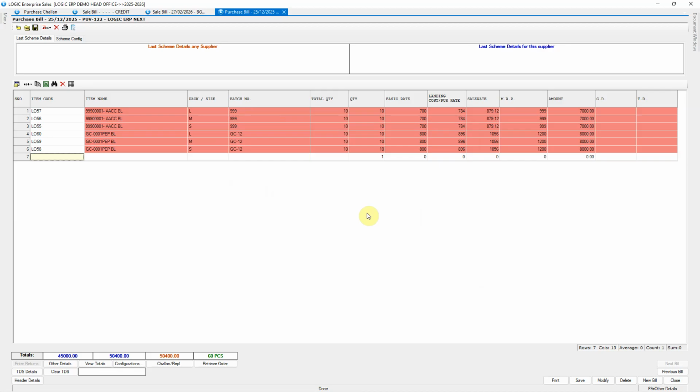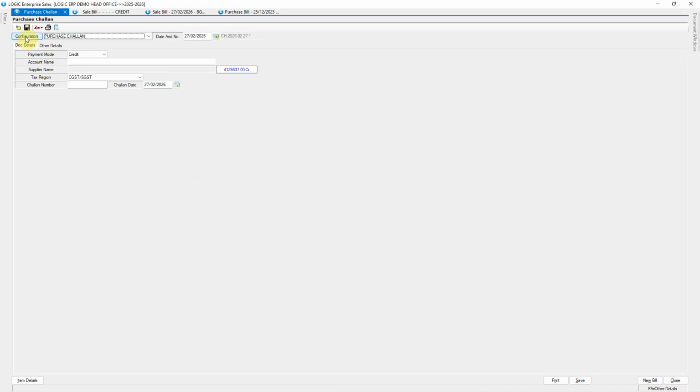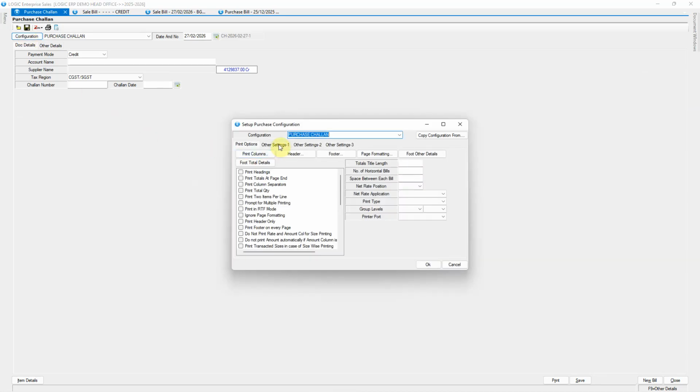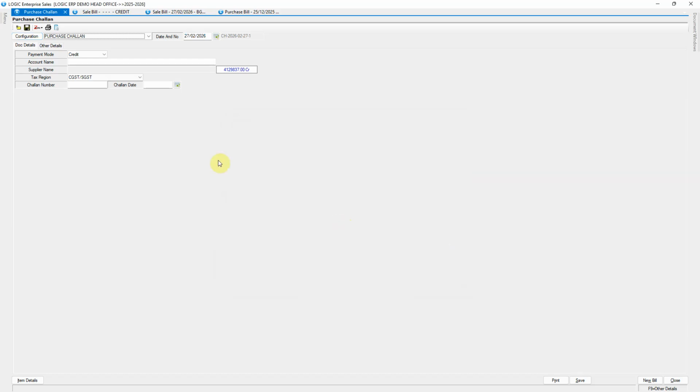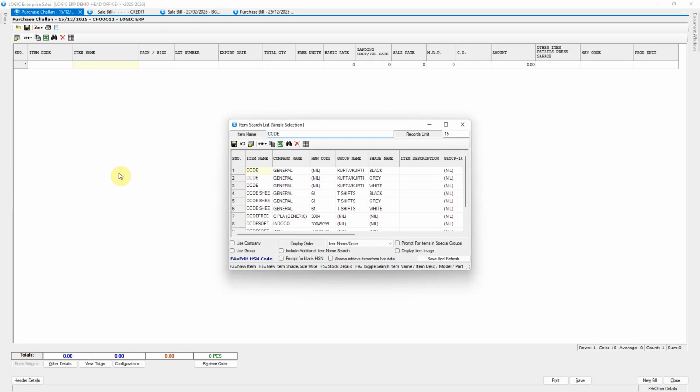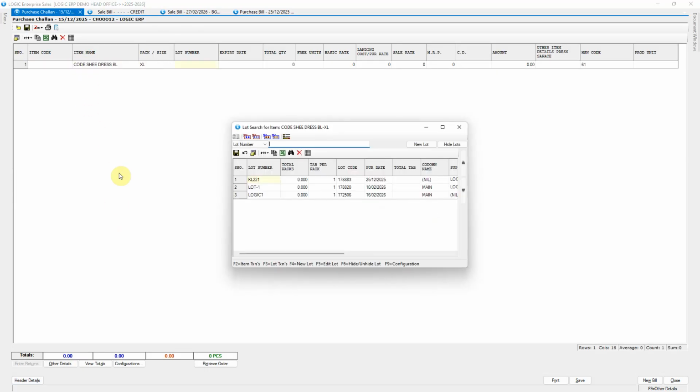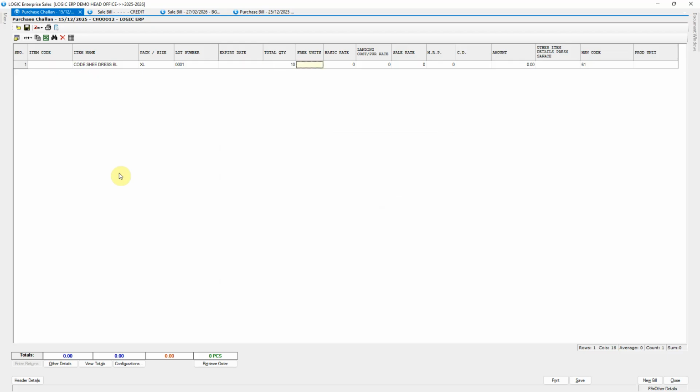You can either disable the option from Global Settings, as demonstrated earlier, or you can apply the purchase rate formula directly in the purchase challan instead of the purchase voucher. By doing this, the rates are already calculated and saved at the challan itself. As a result, when the challan is later retrieved in the purchase voucher, the system will pick the same rates that were defined in the challan, even if the lots have already been transacted.